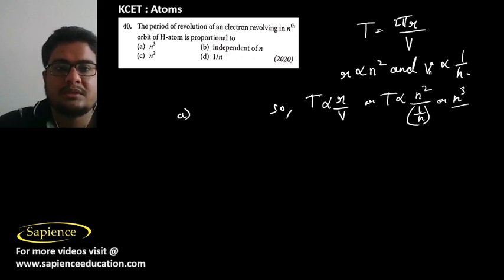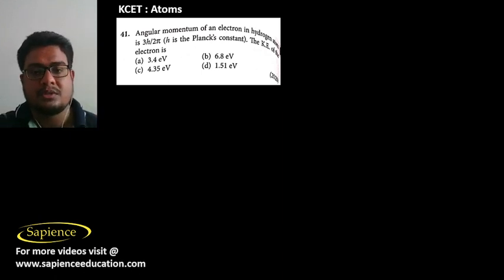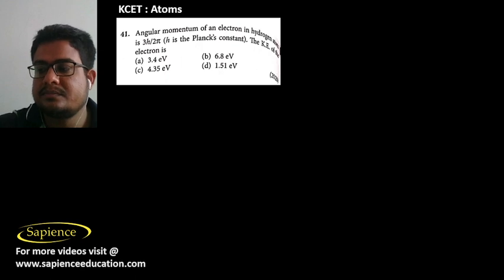So option A is the correct answer. So T is proportional to n cube. Then in question number 41, it is told that